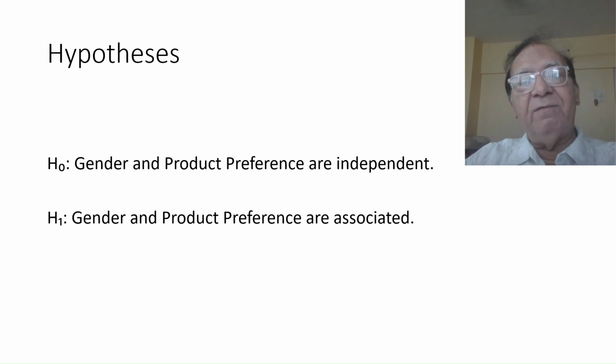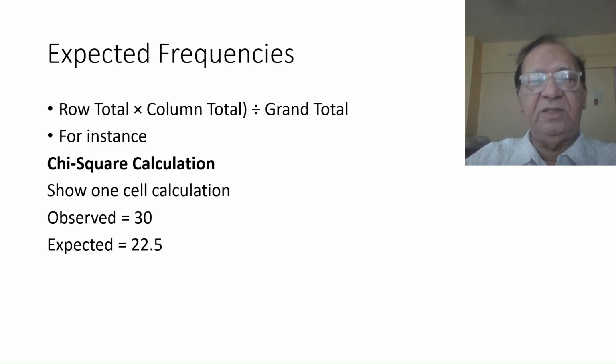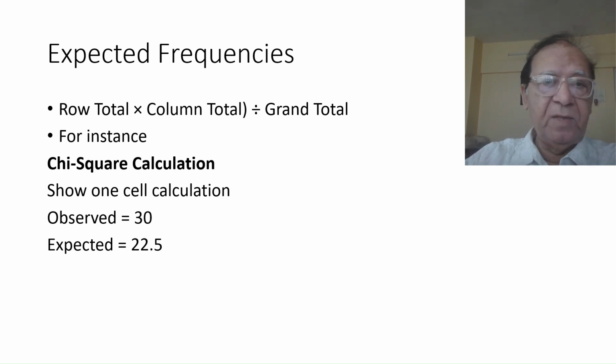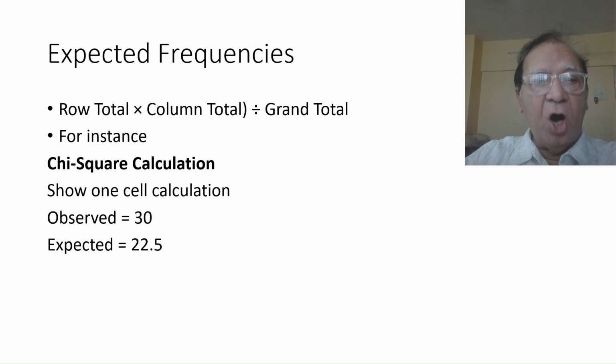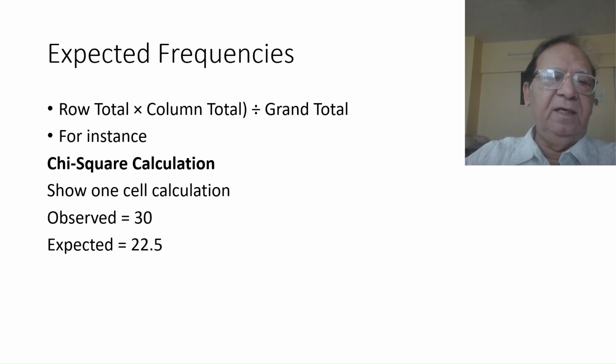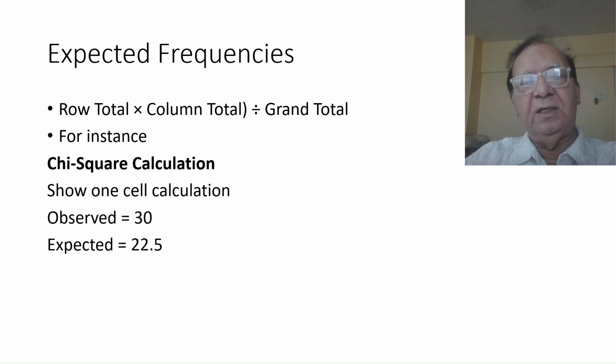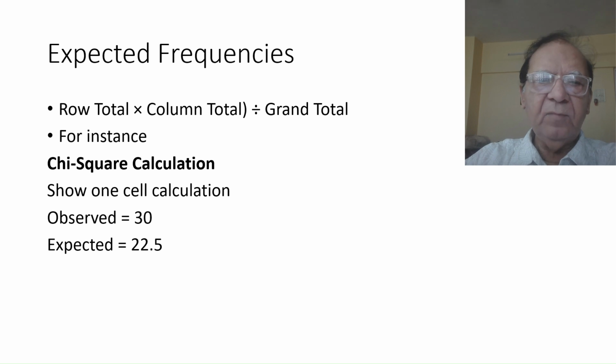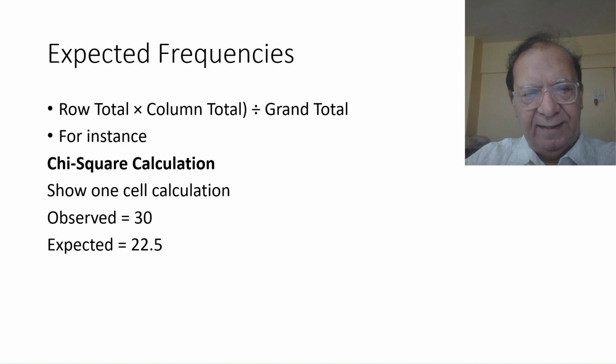Observed frequencies are the frequencies which we observe, but the expected frequencies are calculated using the formula: row total times column total divided by grand total. The chi-square calculation shows one cell calculation. For instance, observed value is 30, expected value is 22.5. Now, in our case,